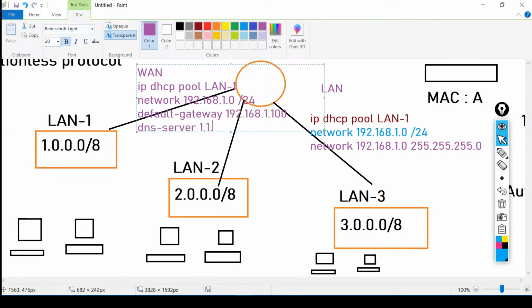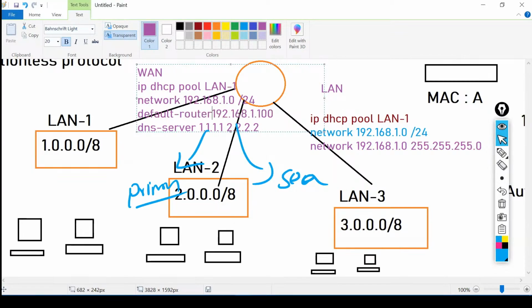If you have multiple DNS servers, you can define multiple. So this will be the primary, and this will be the secondary. On the router, the command is default-router. This is enough configuration for the WAN and LAN.